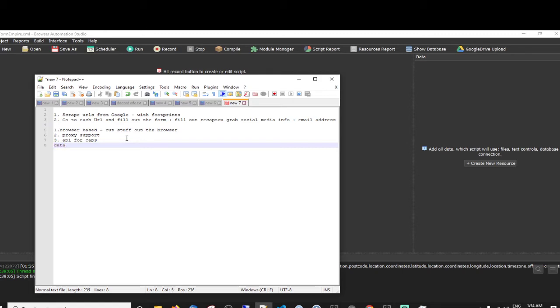It's going to have a database because we're going to try and capture the social media details and the email address. So we want to keep that somewhere. We could do it just in a text file, but have it in a nice little database so that we can then download the information. Why not? Okay. Yeah, I think that's about it. Is there anything else? Nah, I think that's it.